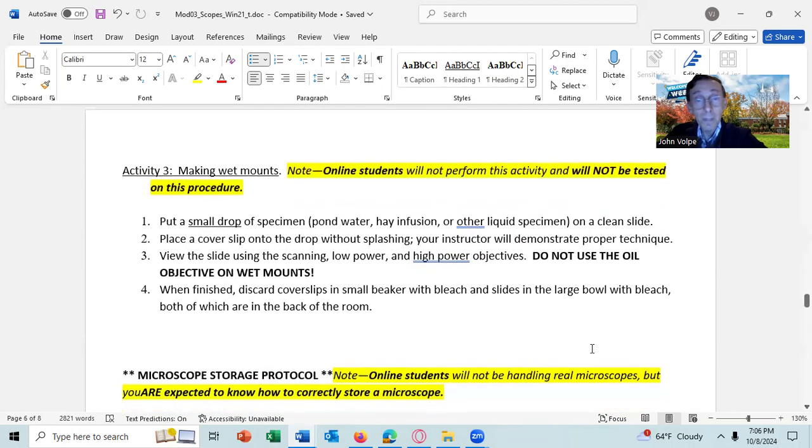Activity 3, online students are not going to perform this activity because you don't have a microscope to do it. But if you haven't made a wet mount and you don't know what a wet mount is, you should read activity 3. You're not going to be tested on this procedure, but you should know how to make a wet mount if you're taking microbiology. A wet mount is something very important. In fact, when we are doing the unknown project, you might do a wet mount to determine if your unknown bacteria has